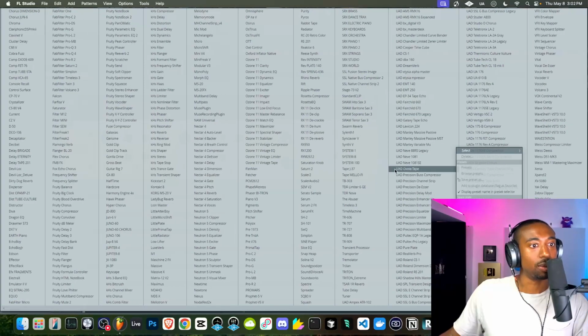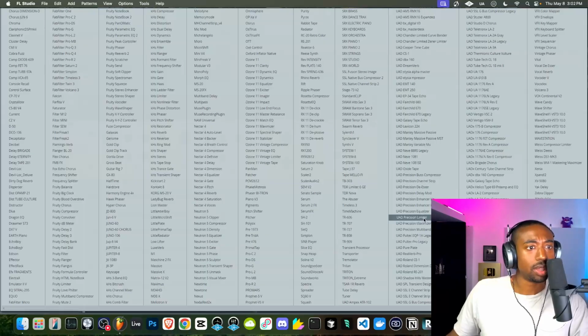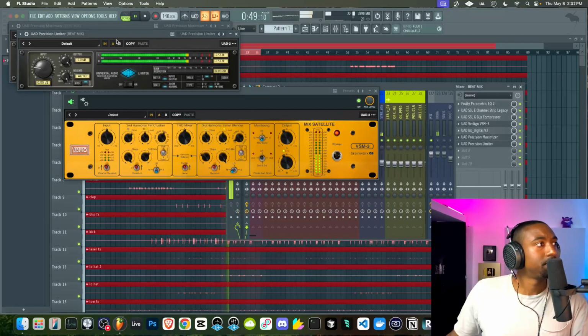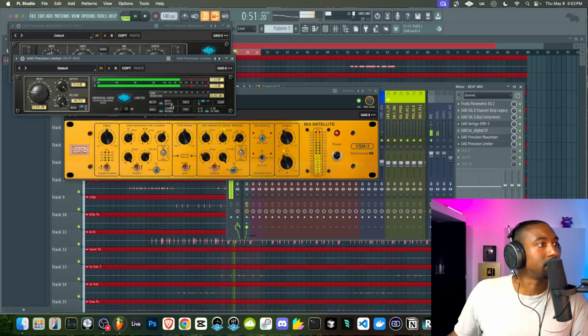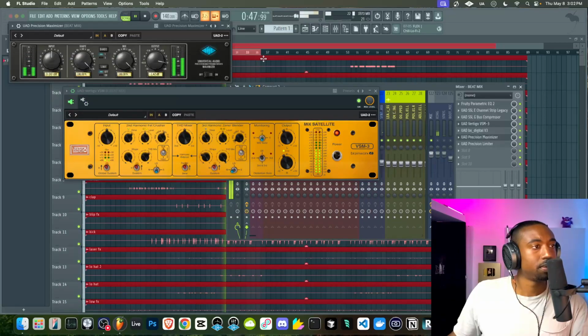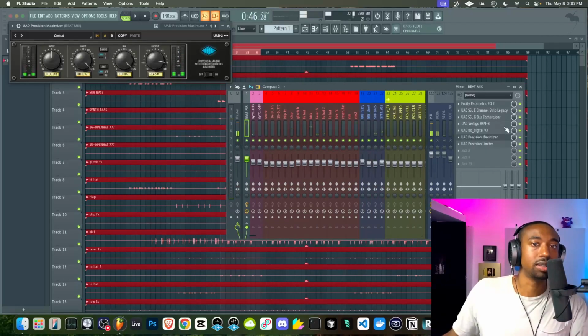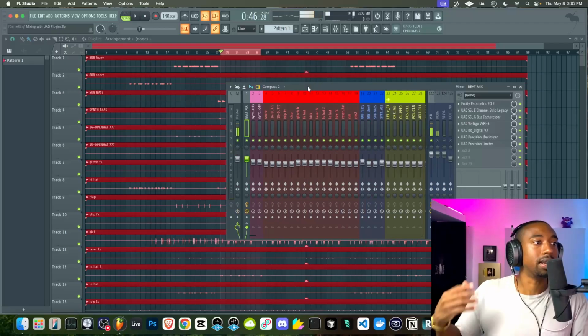And let's use their limiter. So I like their precision stuff for like the, I guess, utility based stuff. So here's the limiter, and let's see how much we can push. So see how those final touches brought it all the way where it needed to be. So with those final touches there, now I can hear the detail.